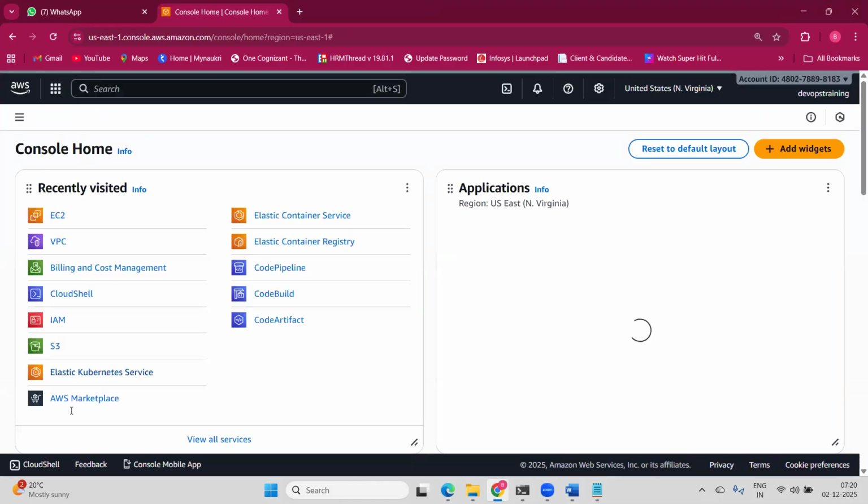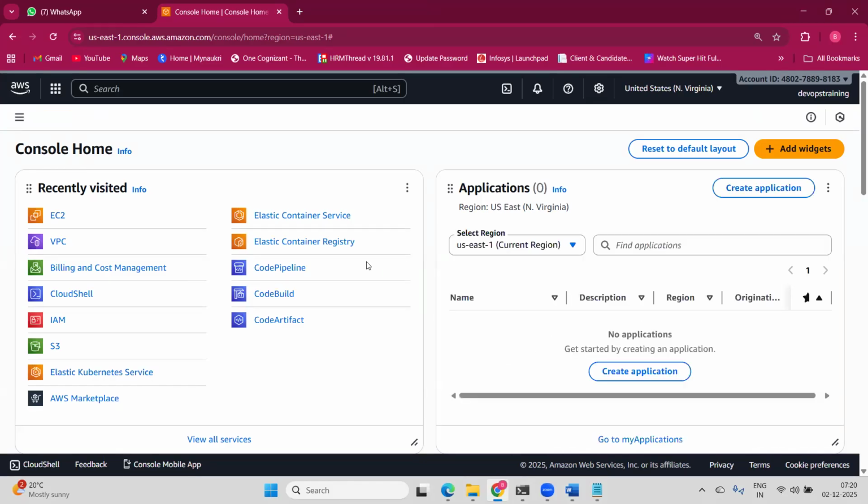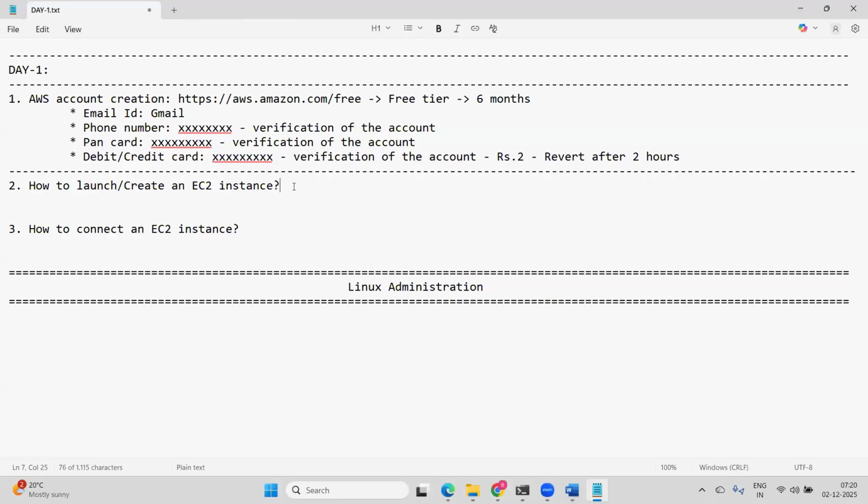Console home. You'll not see recent visitors, it will be empty for you, but the rest of the details you'll be able to see. So first create an account, so that we can start the practical. Now once your account is ready,